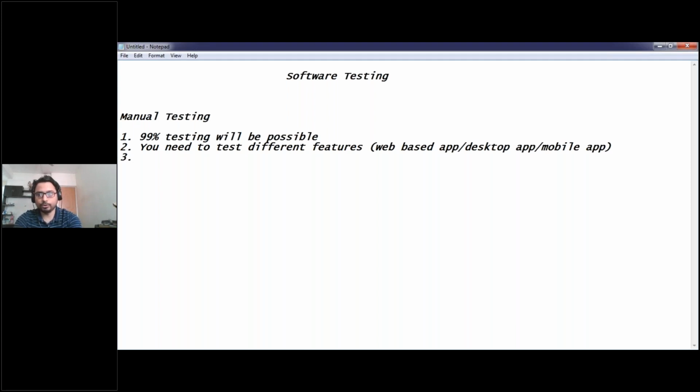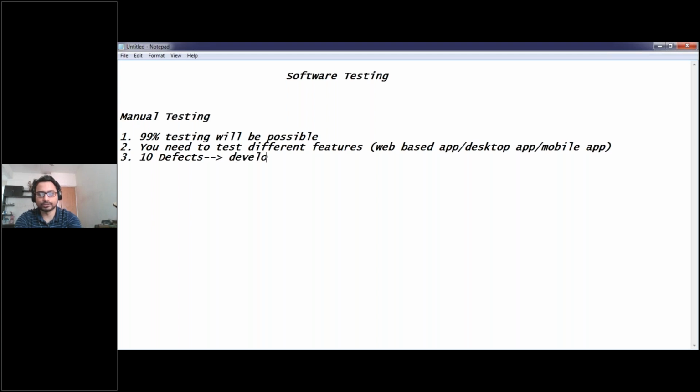Now the third point is about the defects you raise. Defects means, suppose you have tested an application with 100 test cases. I have already explained in the last demo what test cases are, but I will give you a brief idea again. Suppose you have 100 test cases for a web-based application and you have executed all 100 test cases. After that, you get, suppose, 10 defects. Those 10 defects will be raised